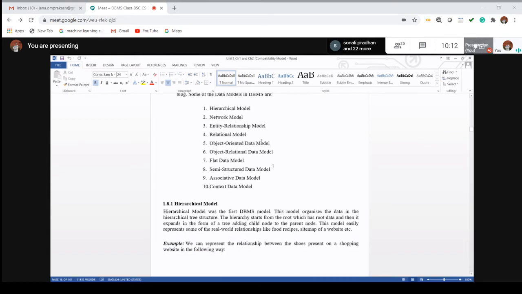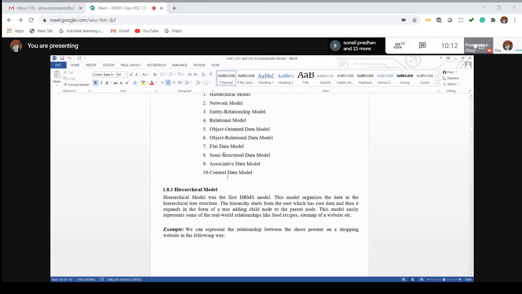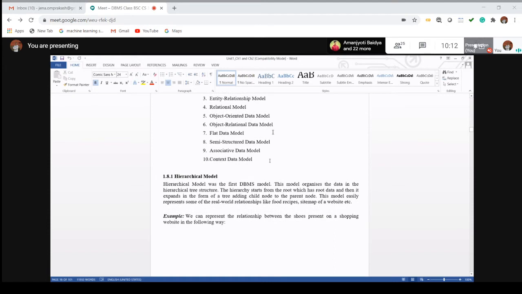The first one is the hierarchical data model. The basic concept of the hierarchical data model is that it follows a specific hierarchy, a level of storage and structure of data, just like a tree structure. The tree structure consists of different levels, like level 0, level 1, level 2, level 3, and so on.